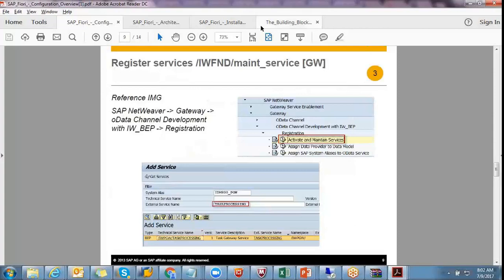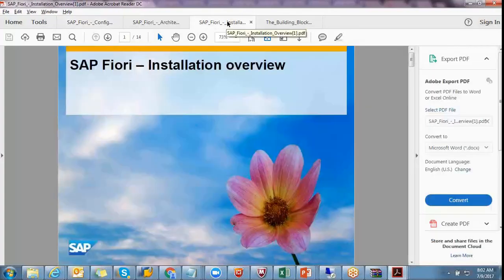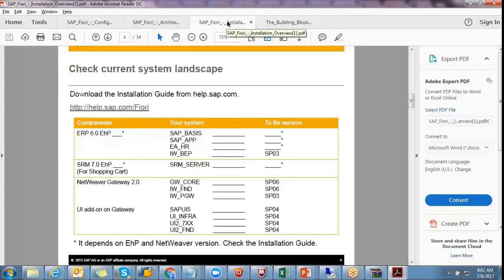Okay, next we talk about installation. Already I told you there are some back-end components and front-end components. You have to suggest to the Basis consultant the latest versions of back-end components and front-end components.